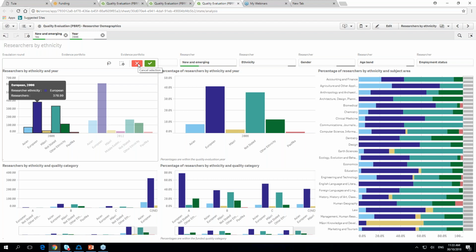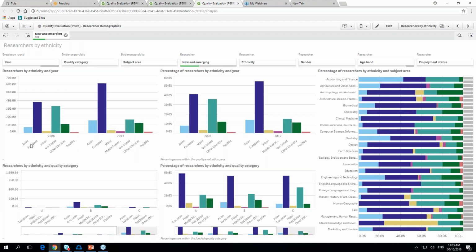Well, we're looking at new and emerging by the different ethnicities. Right. So this is only about new and emerging researchers. Yes, that's the filter we've applied, and then we can begin to compare and get a sense of the proportions of new and emerging by ethnicity type. And so then when you go over here,